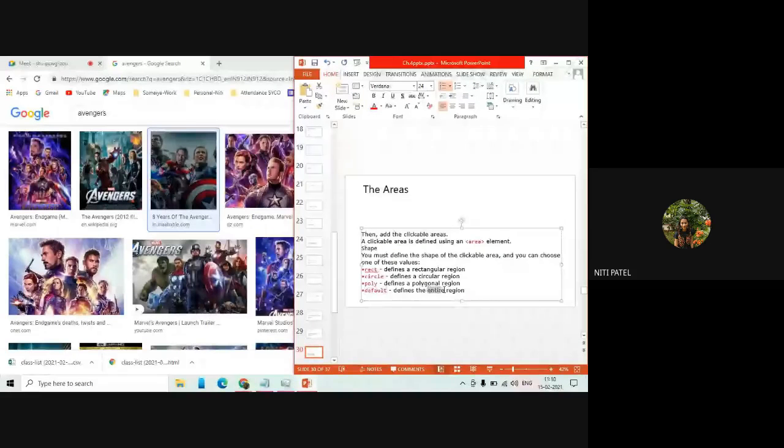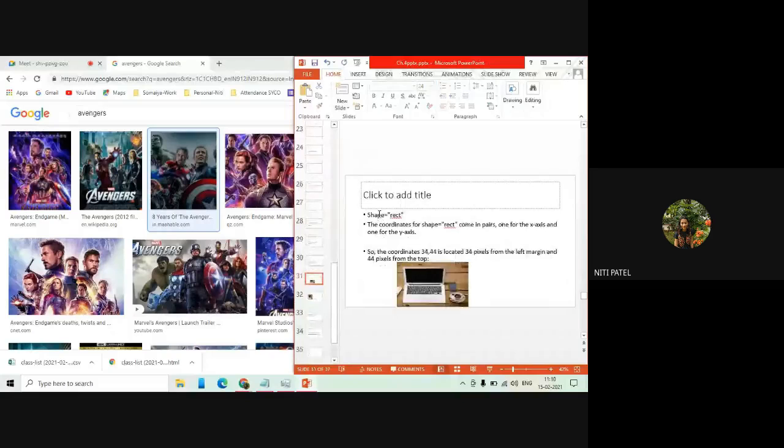Okay. So if you want, you can keep the entire region, or if you want, you can keep specific shapes. If you want to keep a specific shape, see to it that you mention the specific name of the shape. And if you don't want to keep a specific shape, you can make use of default, which will do what? Click on any part of the region, it will open the information for you. Okay. Now see, for the shape rectangle. Now can you see this computer? My screen is also a rectangle, my keyboard is also a rectangle, my phone is also a rectangle, but my cup of tea is a circle. So for object 1, that is the computer, and for object 2, which is the phone, I will make use of the shape called rectangle.